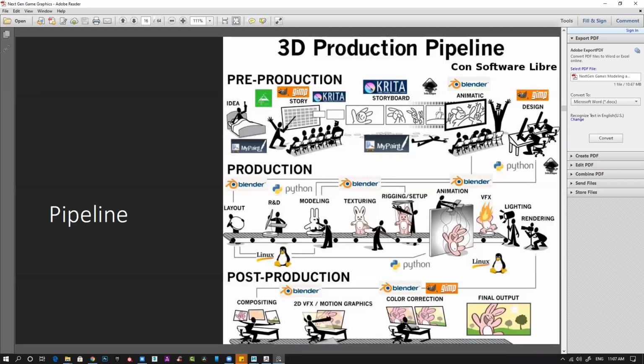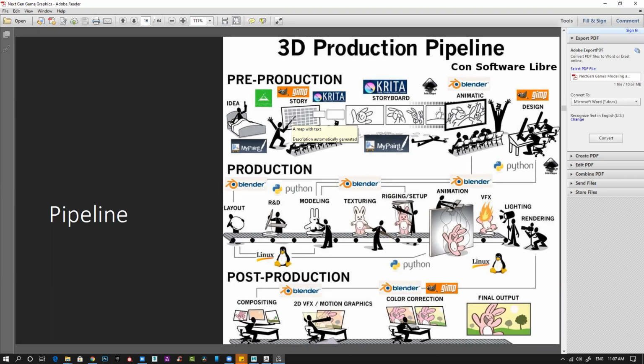This is how the entire production pipeline works, and each and every stage has specialized artists and specialized technicians. Every stage is a separate person. It's not that you have to do everything from start to end. For the idea, it's a separate person.